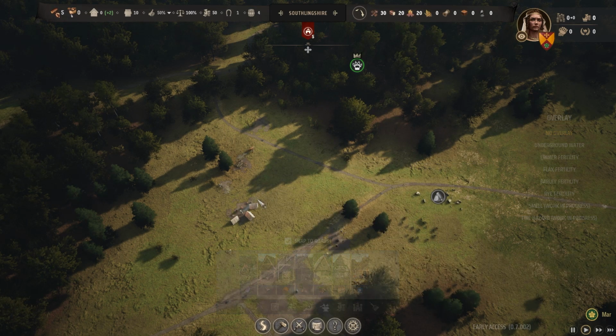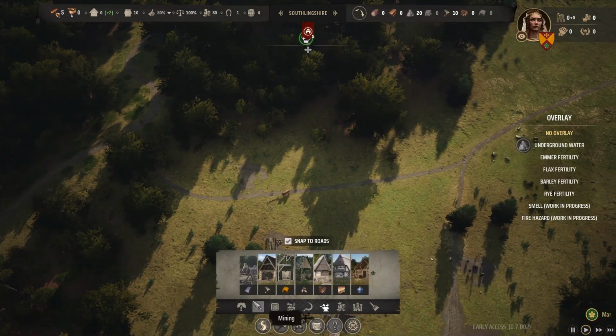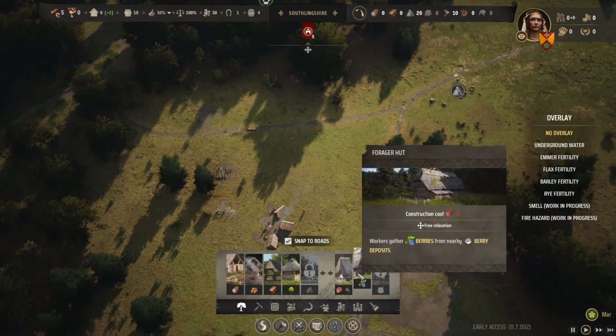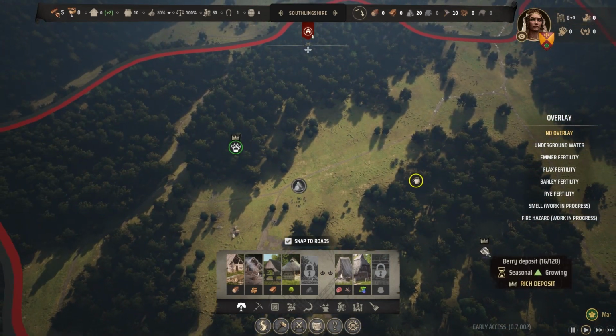All right. Smithy, we can worry about all that later, but right now we just need to get this hunting camp up. And I think the other thing that was free was maybe the forager. It costs me 1 timber. Okay, so we'll do that later. But again...